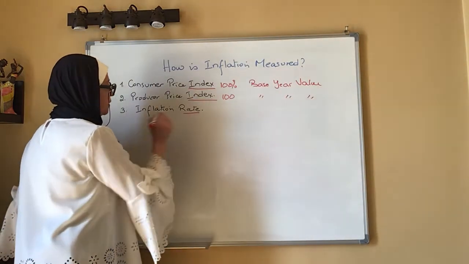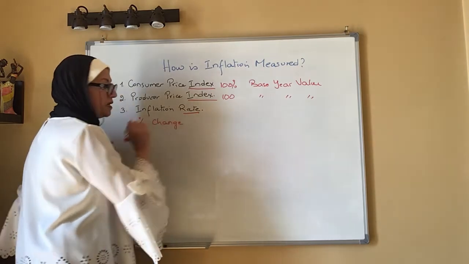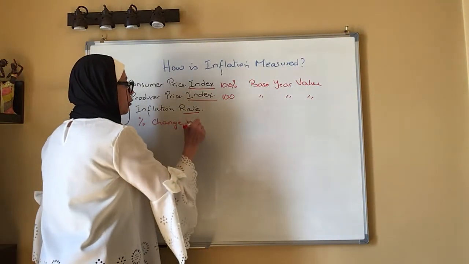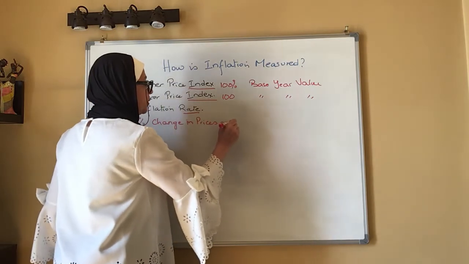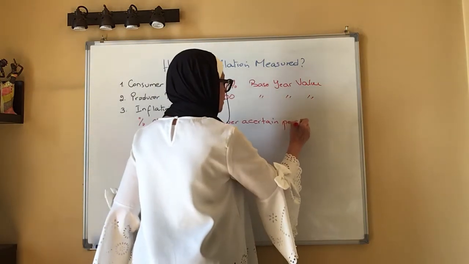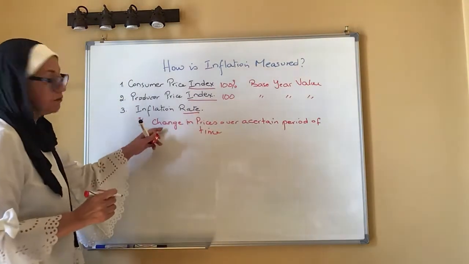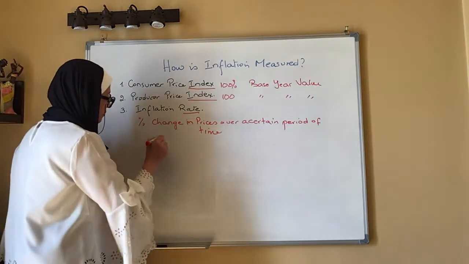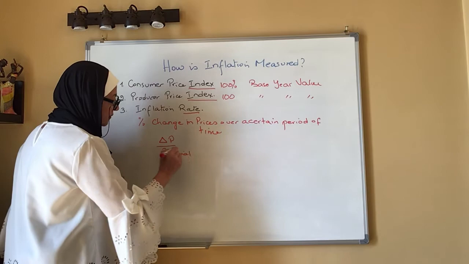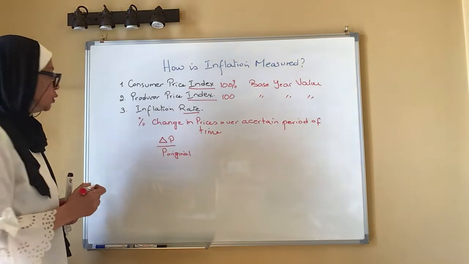Inflation rate is the percentage change in anything. So inflation rate is the percentage change in prices over a certain period of time. How do I find the percentage change? Delta P over P original. Where do I get these P's? I get them from the Consumer Price Index or producer,